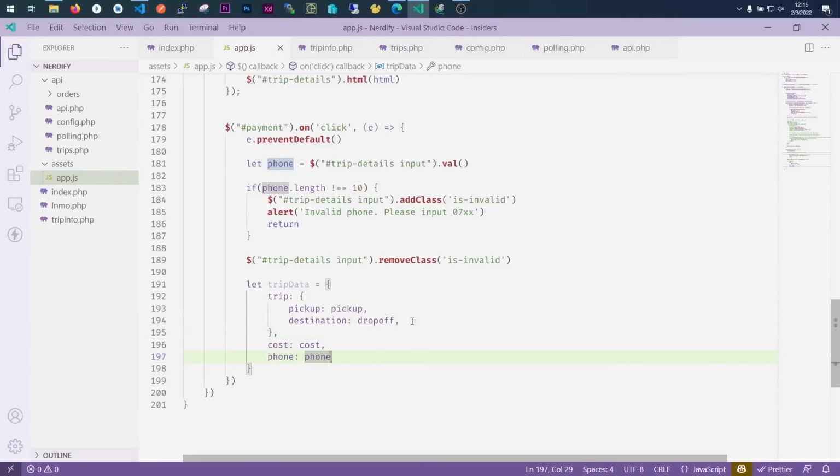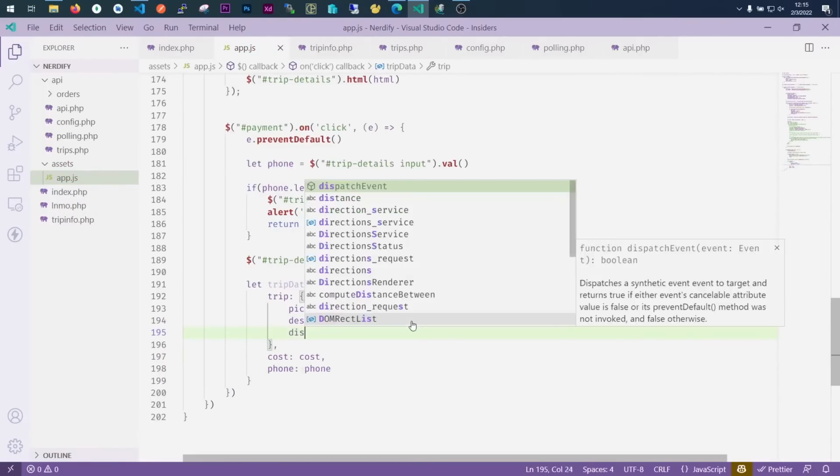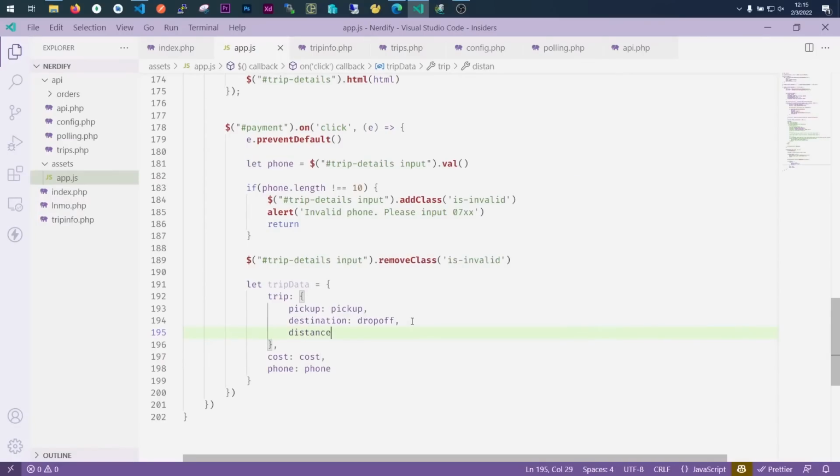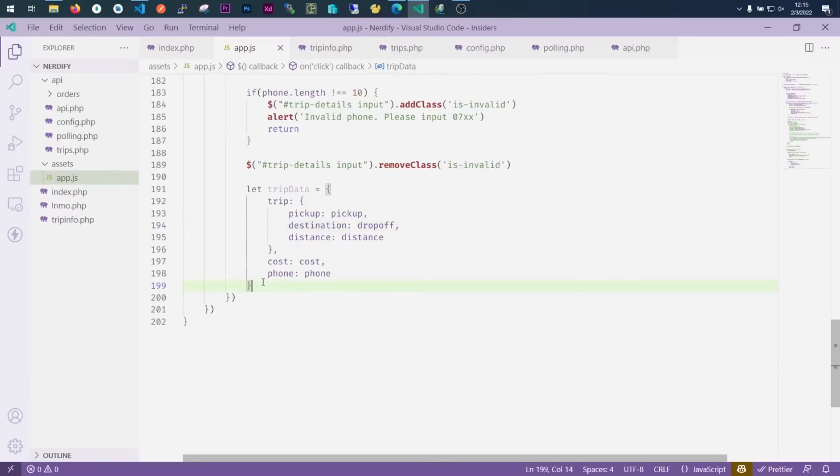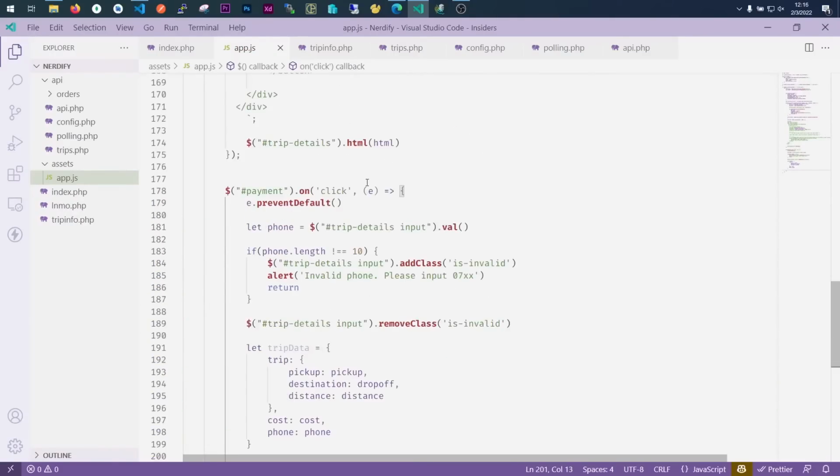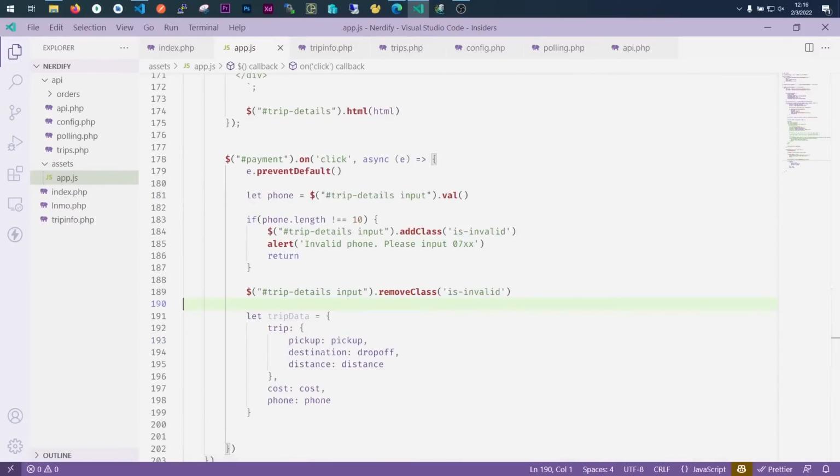Okay, so here we can as well maybe show distance as well, no problem. So we don't have to recalculate distance every time, because every call to the Google API you're getting charged. Okay, so distance is distance. Perfect. After that, we want now to send this, so I'm going to go back here. I need to make sure this is an async, so we can use fetch to send this request. Okay,